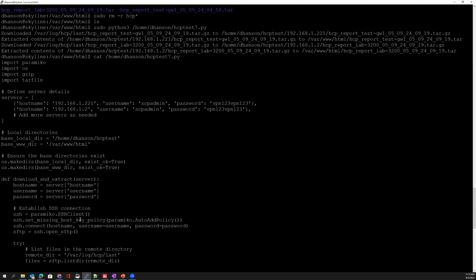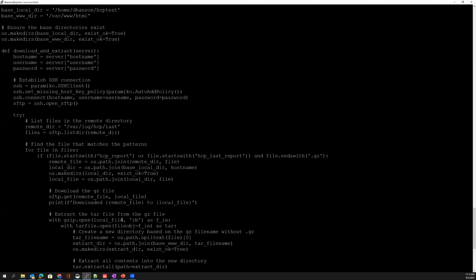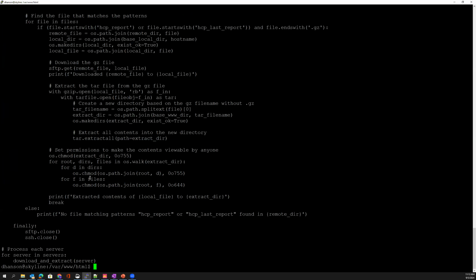server. And it goes out and grabs a file, and you'll see it at the end, but basically it grabs a file with a file name pattern of HCP underscore report, brings it down to my local directory, and then extracts all the tar contents over to my web server. All right. So when I run this,